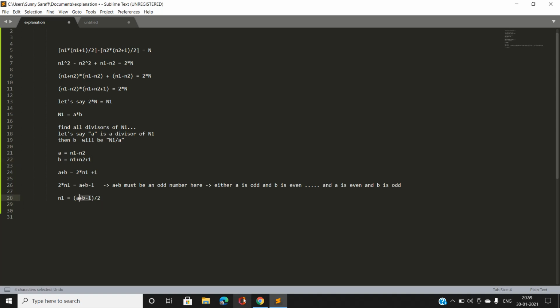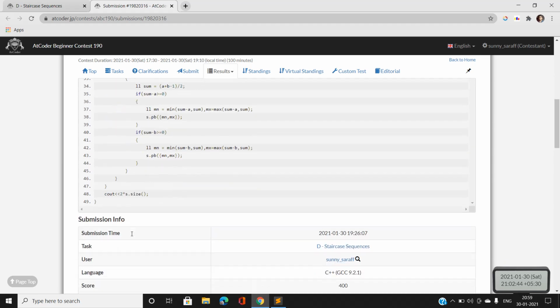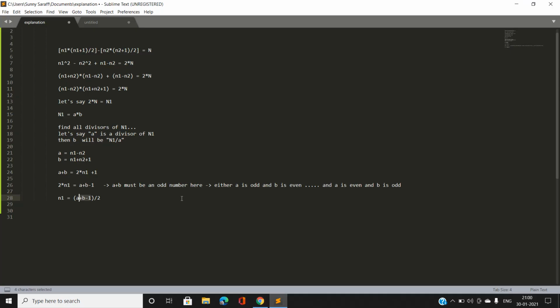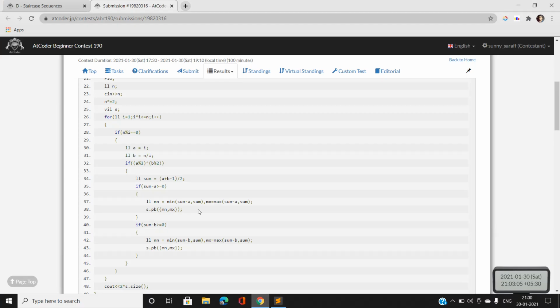Now moving further, the S vector is going to store our answer. Now the size of the S vector times 2 will be our answer. Note that I am multiplying it by 2 because, let me clear this, these are for the positive side. One more possible solution lies here: suppose I have to reach 12. Let me denote it with the problem statement example.